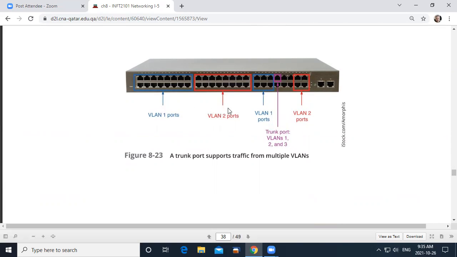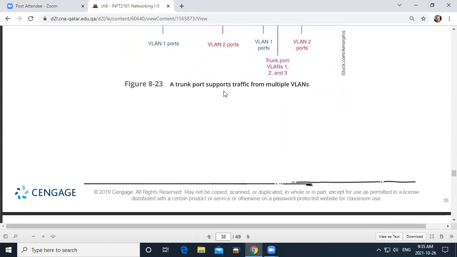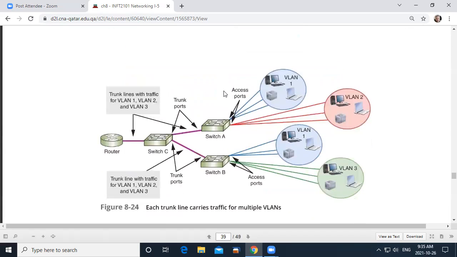You've got these access ports on this switch, all except for this one purple one are access ports. Access ports for one VLAN are color coded, that's VLAN 1, and VLAN 2 has its other ports, and the trunk port is used to connect to another switch, so that a different part of the network can be used.